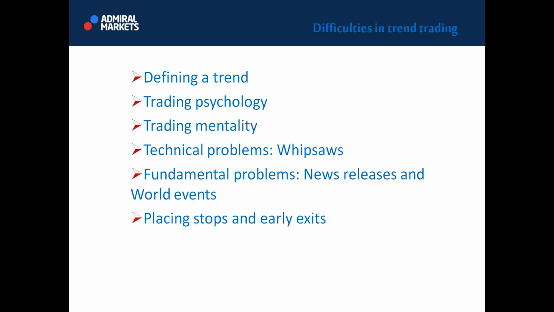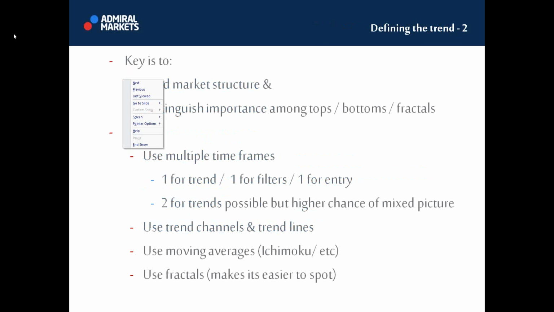Or 50 pips if you trade on 4 hour. But if you trade only 5 minutes and 1 minute, then 7-10 pips is okay. But let's say that 10 to 12 pips is the maximum stop loss you can have on those trades. So basically, placing stops and early exits is a very big problem in trend trading, but correct stop placement and exit done by the setup time frame, that is what you should do. I will show you later how to take profit from higher time frames.